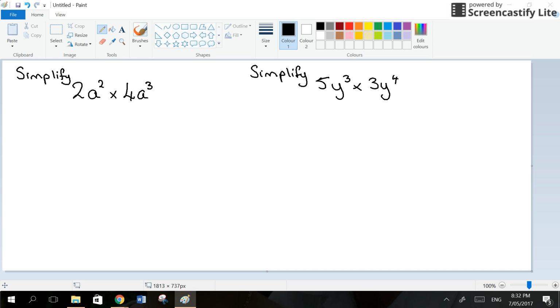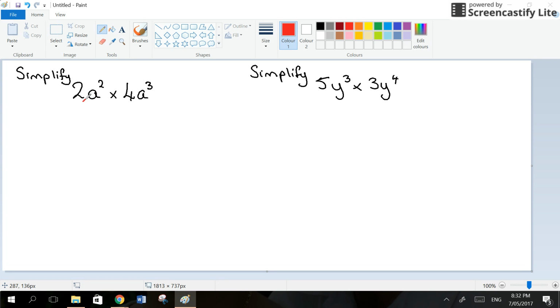Here is a problem where we're doing multiplying. We've got numbers and we have letters, and the letters have powers. Notice this one here is a to the power of 2, and this one here is a to the power of 3, and numbers in front. Right, when this one here, you need to recognize that there's nothing in between the 2 and the a squared,